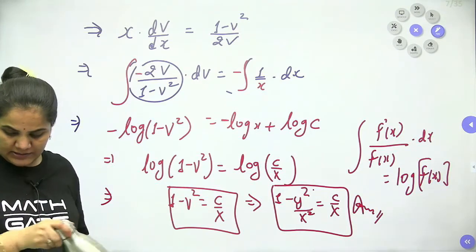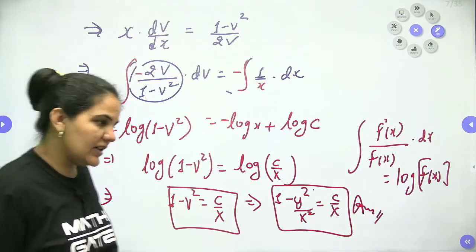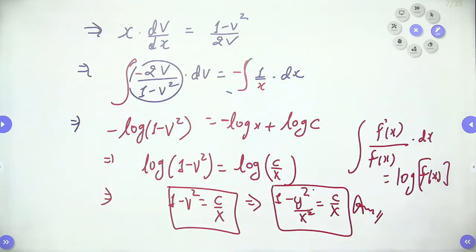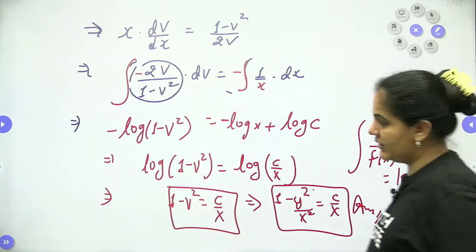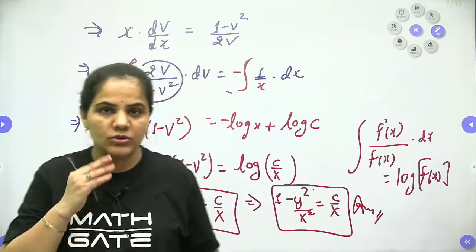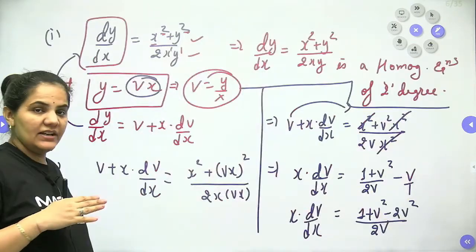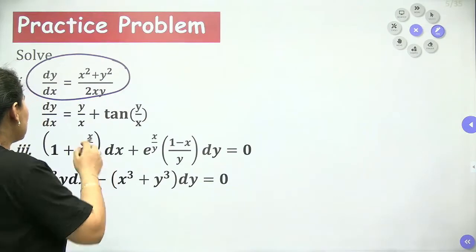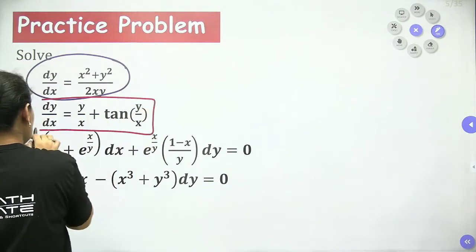Okay guys, yes, so I think it's clear to you how to approach the differential equation with the homogeneous form, right? How we can approach the differential equation with the homogeneous. So I think it's clear to everyone. It's a very simple example to approach, right? Now let's come to example number 2.